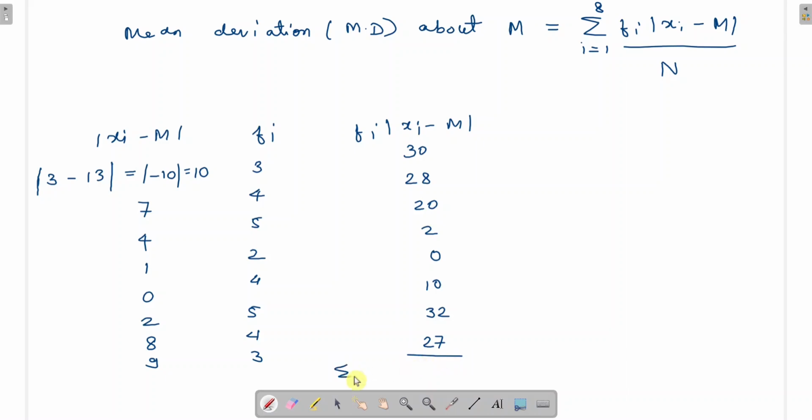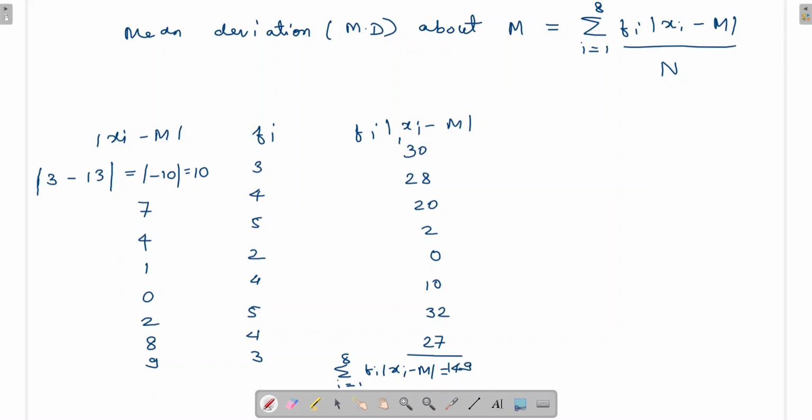so summation i going from 1 to 8 fi modulus of xi minus M, that is the total of this. Okay, so 30 plus 28 is 58, 58 plus 20 is 78, 78 plus 2 is 80, plus 0 is 80, plus 10 is 90, 90 plus 32 is 122, 122 plus 27 is 149, so 149 you get. Okay,